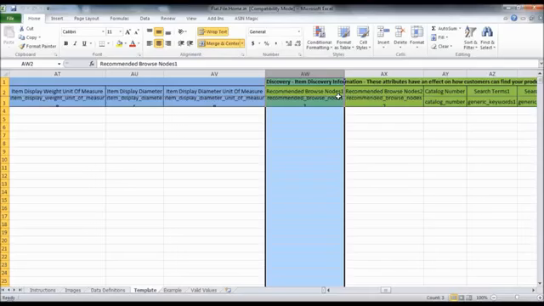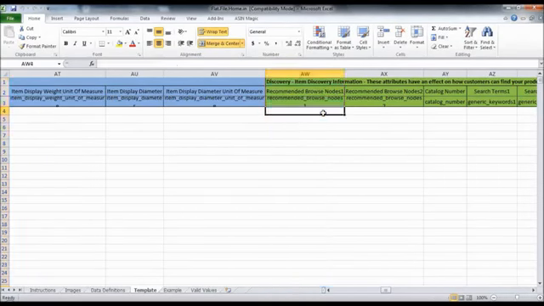Now, as I mentioned earlier, these are not mandatory fields mentioned under the data definitions tab, but these are required from the customer's perspective so that they can search your products and make informed decision to buy. So under recommended browse nodes, you will have to give in the nodes under which your products fall under. These are Tawa products. The customer can directly go to the Tawa category under Amazon, then search your products easily.